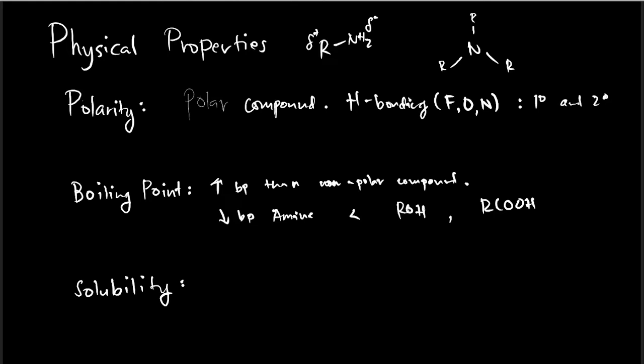So yun yung isang kailangan nating tandaan when we are dealing with boiling points in comparison with our alcohols and carboxylic acid. Mas mababa yung boiling point ng ating amines. This is due to the presence of the OH. Dahil dun sa OH na yan or dun sa pagiging medyo partially malaki yung possibility na maging acidic yung ating alcohols and tsaka yung ating carboxylic acid being an acid, mas mababa yung boiling point ng ating amine which is a basic compound. And as for the solubility, all classes of amines are actually soluble in water.